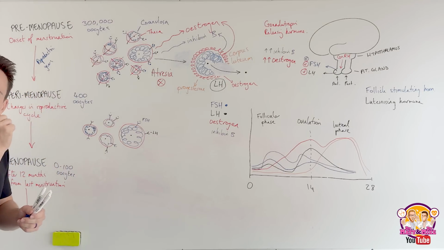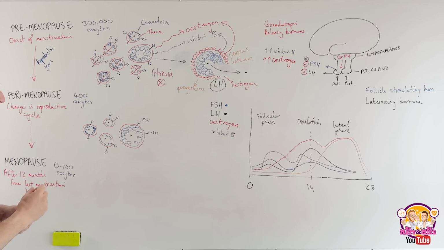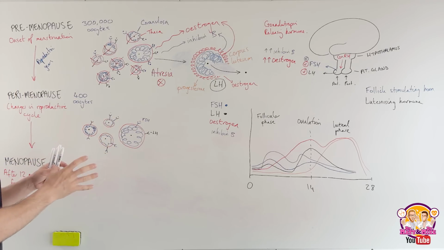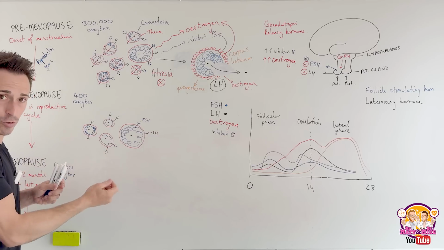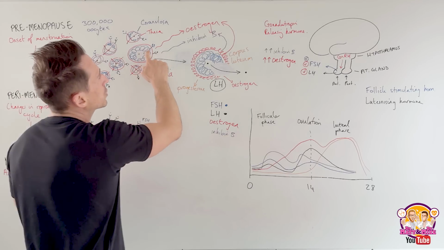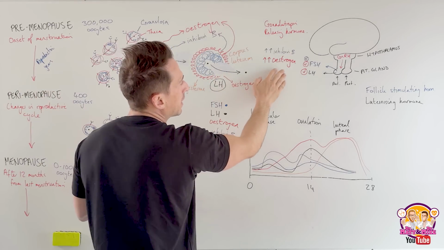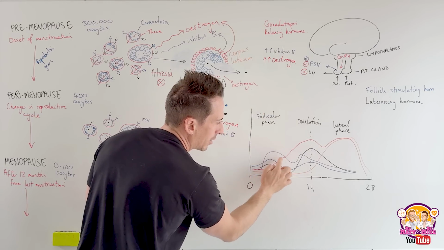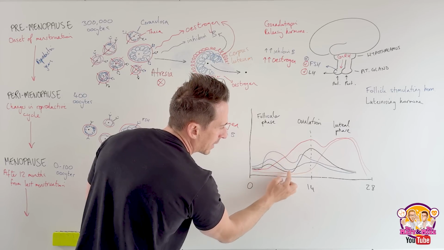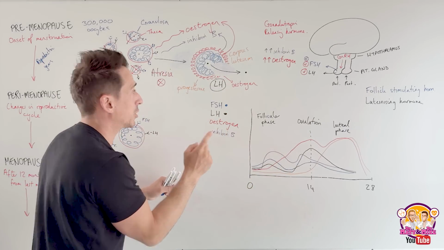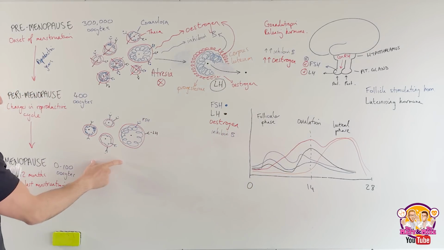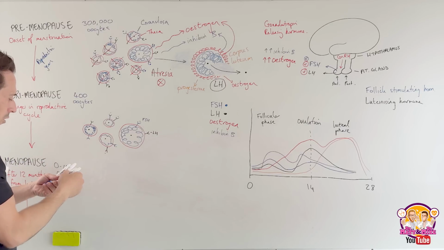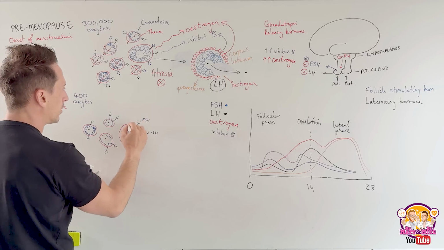Now, let's have a think about this, right? So, they're binding. There's fewer cells here. They produce estrogen. And we said as estrogen gets released, in the early phases, as estrogen starts to rise, so relatively low but increasing levels of estrogen are inhibitory for FSH and LH. The problem here is that because there's so few follicles, the estrogen